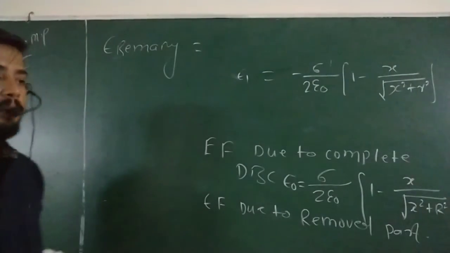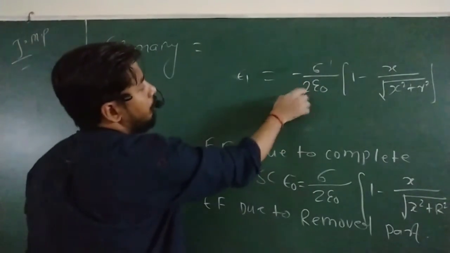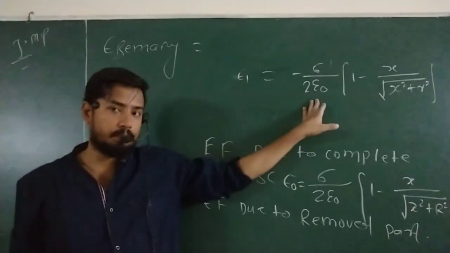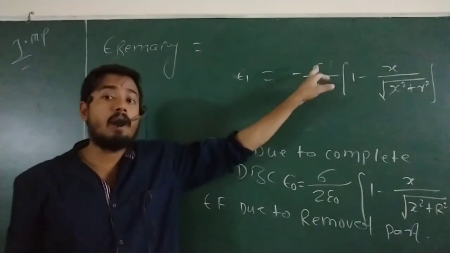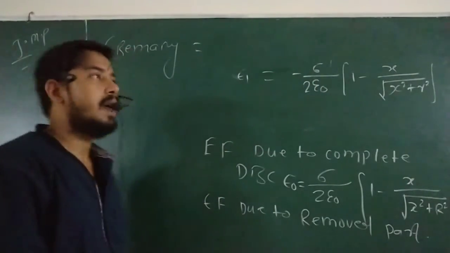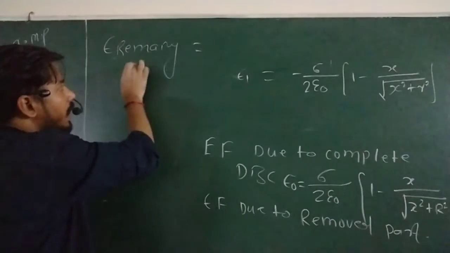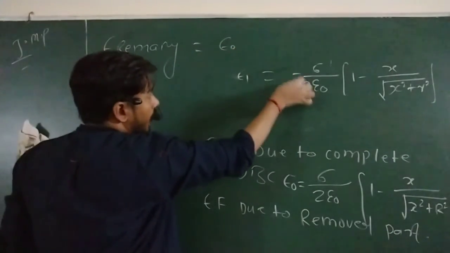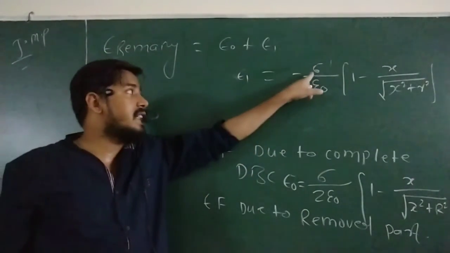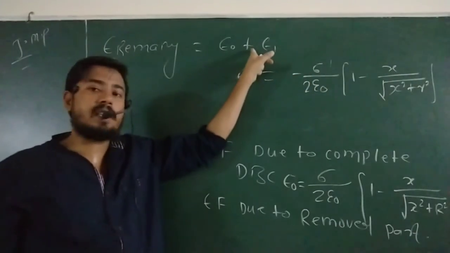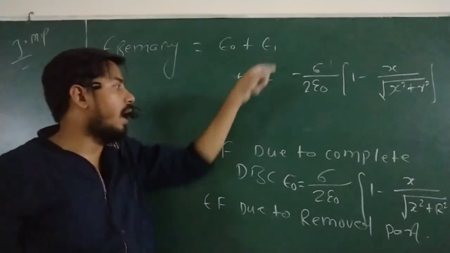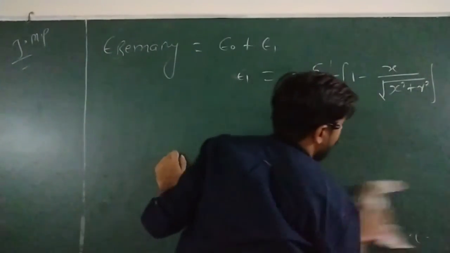So see, the electric field due to the remaining part is this part plus this part. One more point. You will think, sir, this is the plus part. No. You have already taken a negative sign here, so you have to add. If you are not going to take the negative sign, then you should subtract. So the electric field due to the remaining part will be due to the complete disk plus due to the removed part E1. Again I am telling you, if you already considered this negative, then you have to add here.